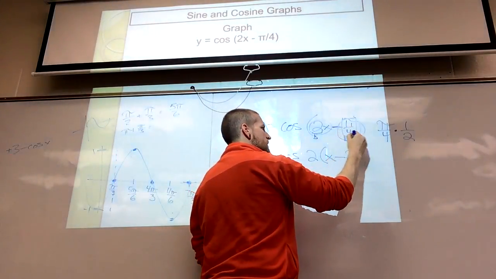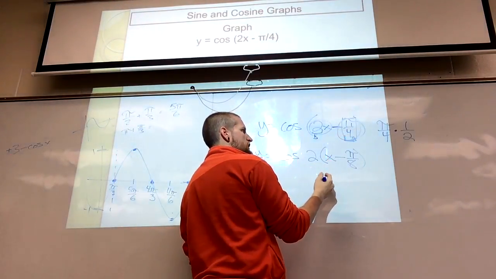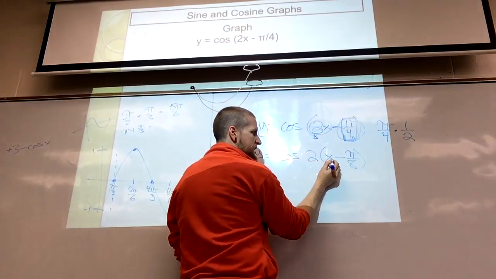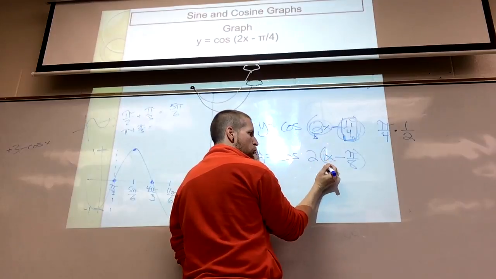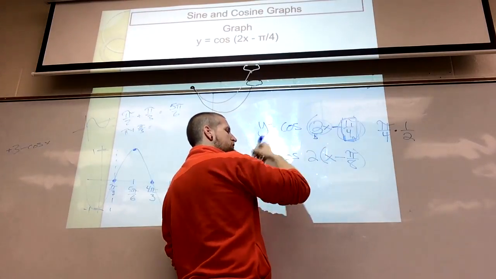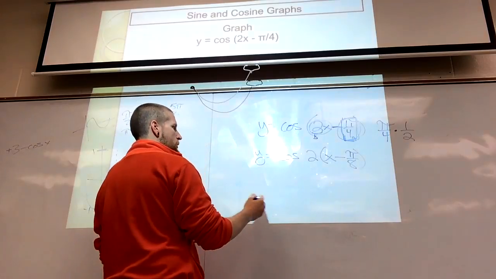So if you use this number, that would be the incorrect shift because you can only take this number out if the x that's with it has a 1x there. If there's any number other than 1 with it, you have to factor it out first. Okay, so